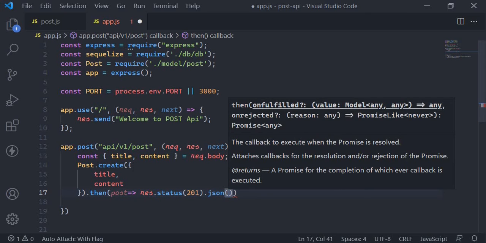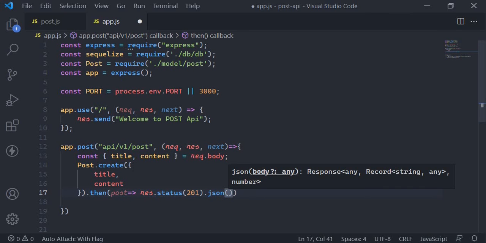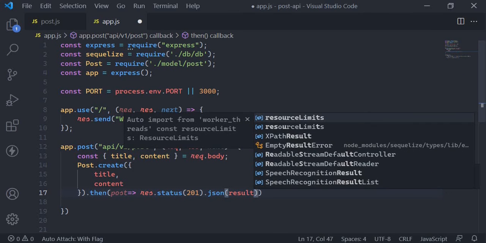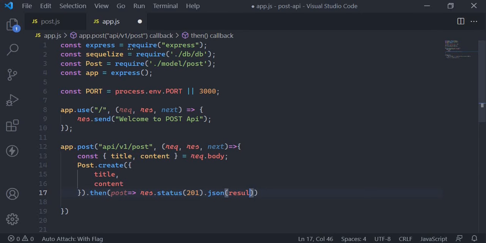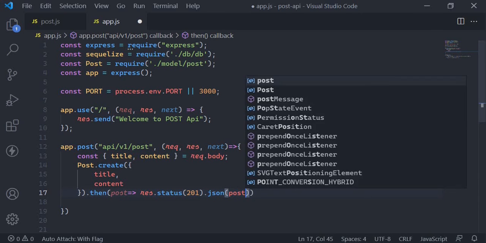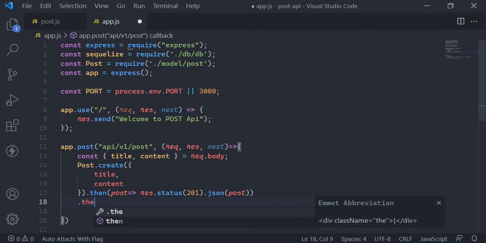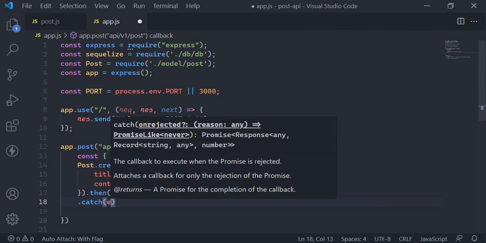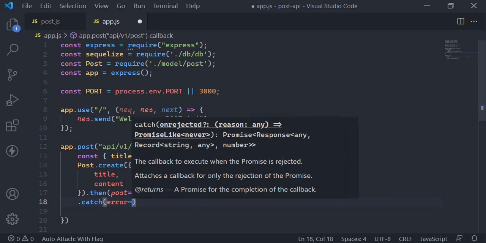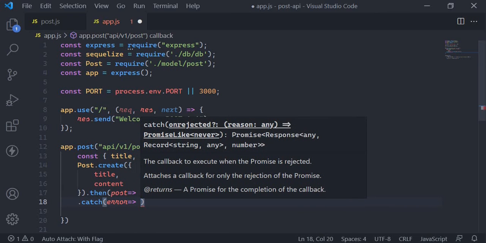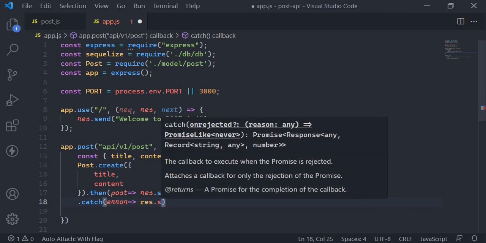So I'll pass on just the result, the created post. So I'll just do that, and we can also catch the error if there are any. So I'll just specify the catch, and then the error, and then go here and response.send,